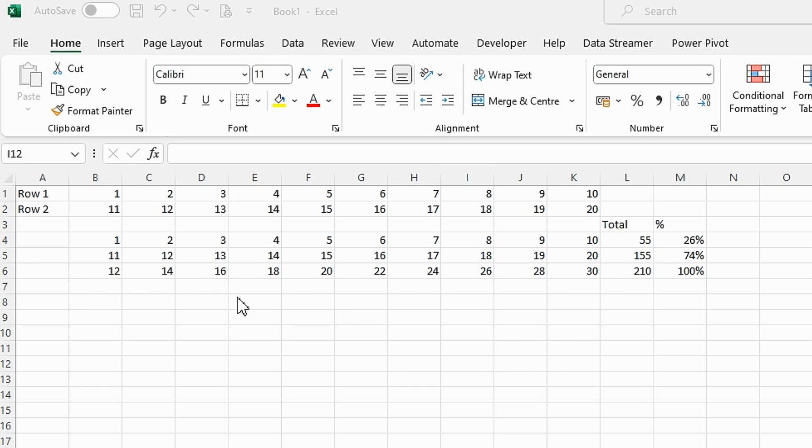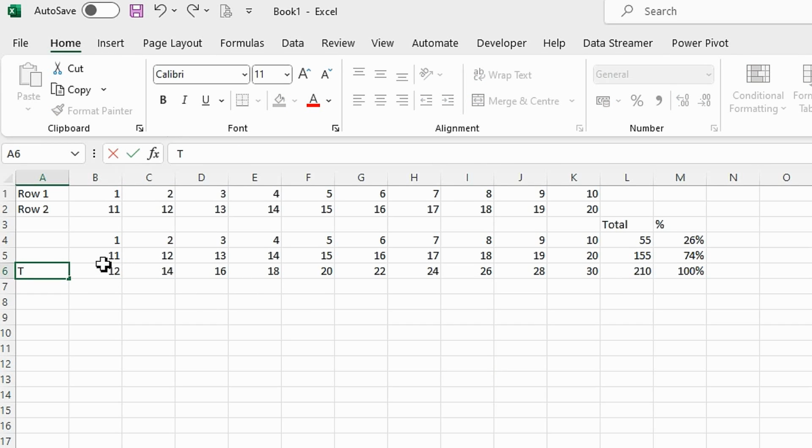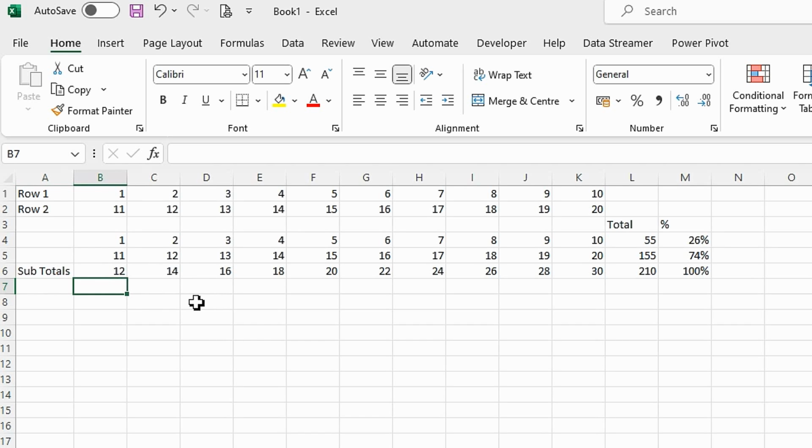So again, subtotals, expand that. If I want to know what the percentage is of that against this, again, same thing,